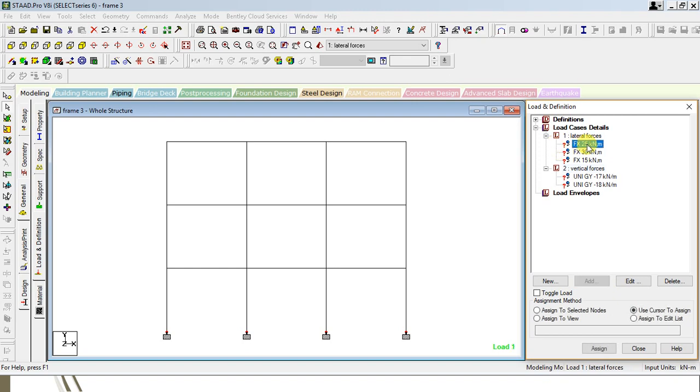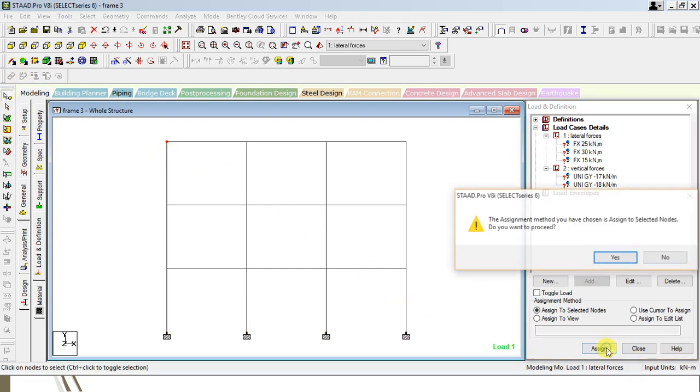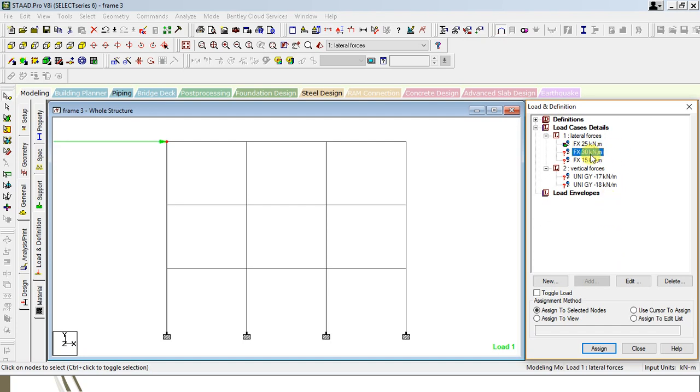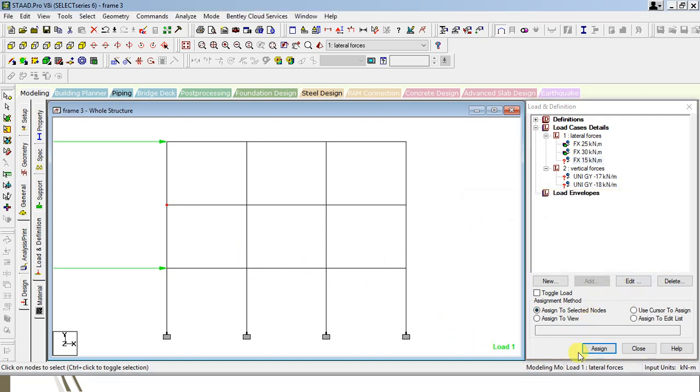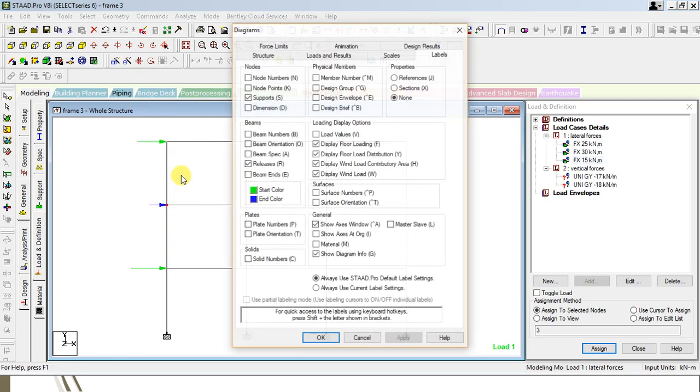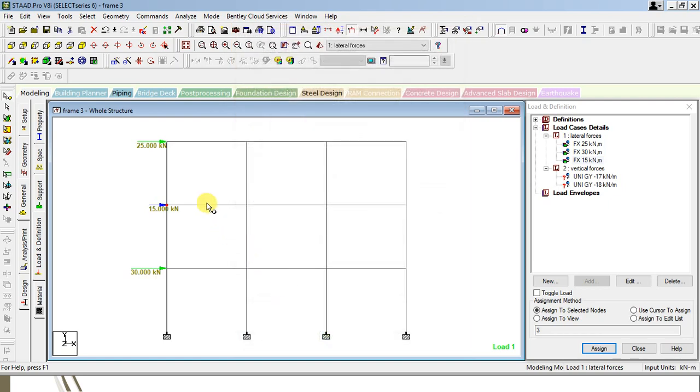Now let's assign the loads. Fx 25 kilonewton load, assign to the selected node, select the node cursor, assign, yes. Then next 30, select the node, assign, yes. And then next 15 kilonewton, select the node, assign, yes, okay. You can reduce the arrow height through this, okay. You can display the load values. So 25 kilonewton, 15 kilonewton and 30 kilonewton,